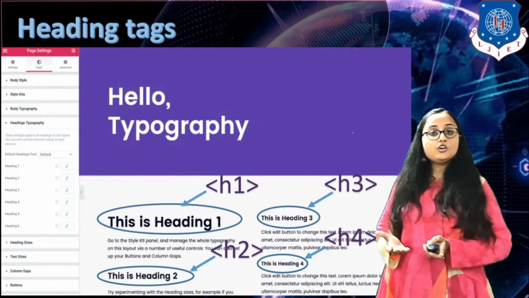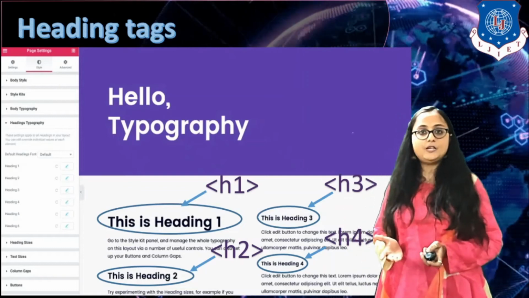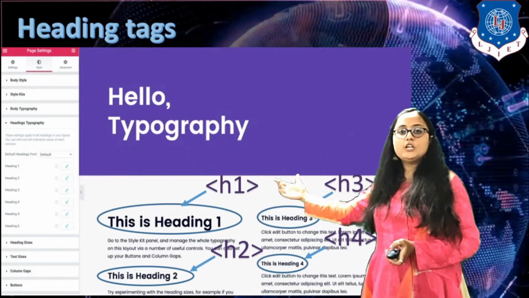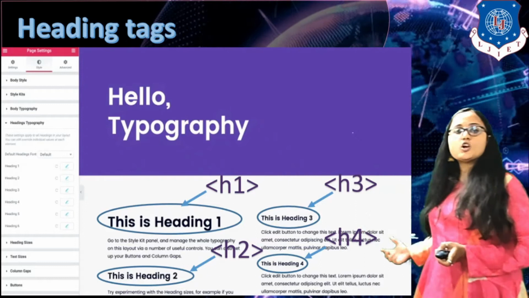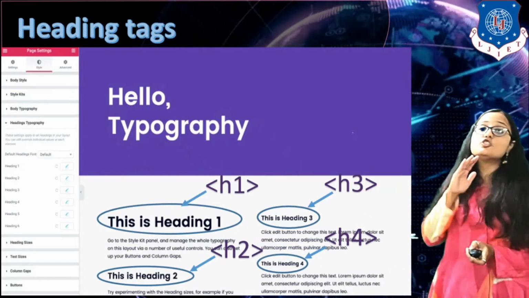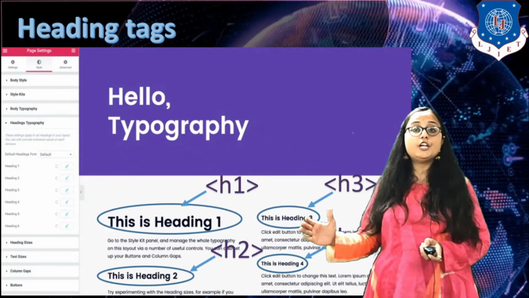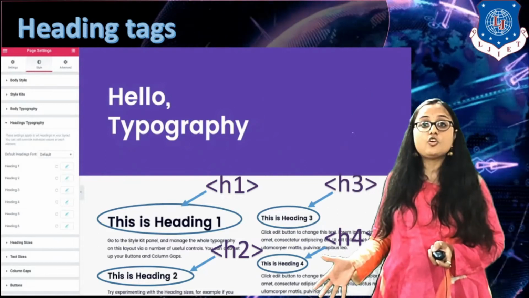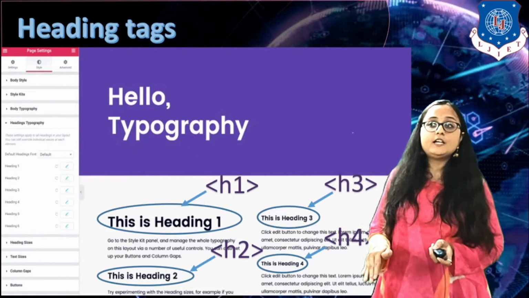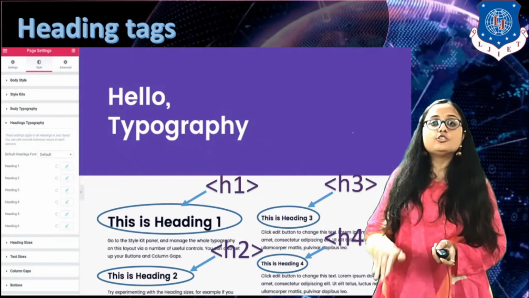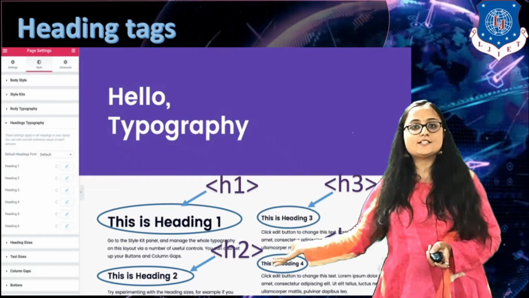So by default, whenever you are structuring a web page, the most important heading you will give H1, and the least important heading you will give H6. It is not at all mandatory to use all these heading tags on your web page. It is totally dependent on you whether you want to use H2, H3, H4, H5, H6 or not. Okay.